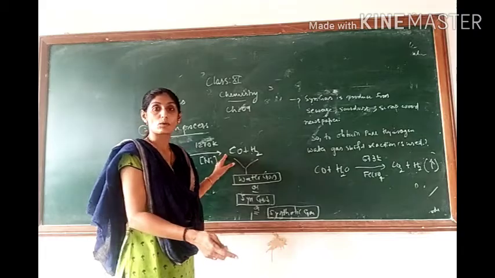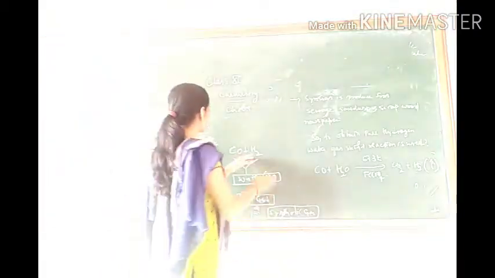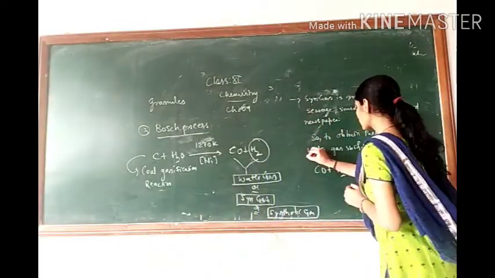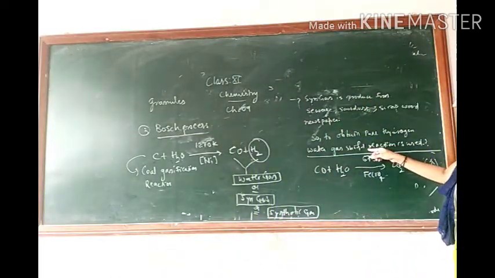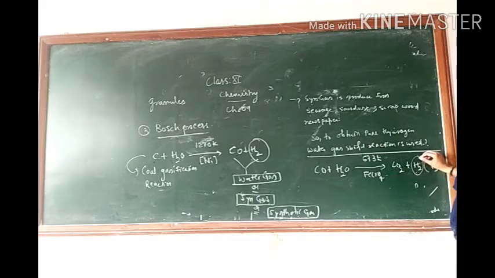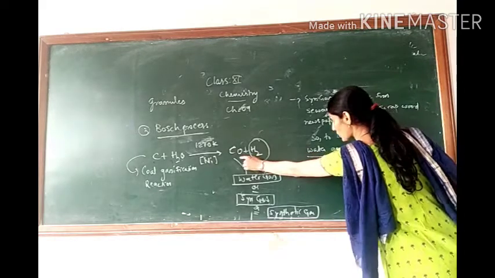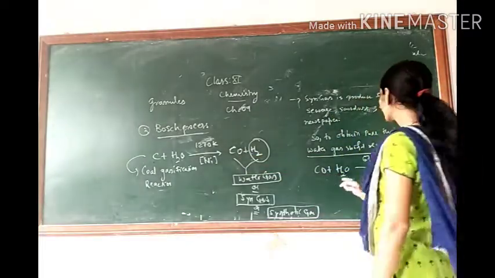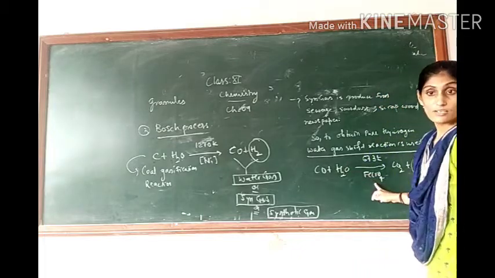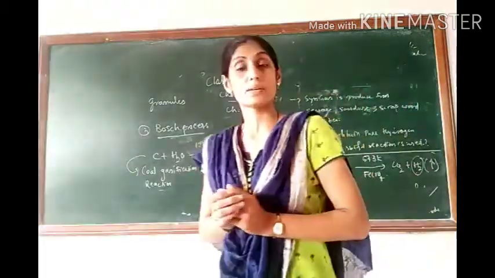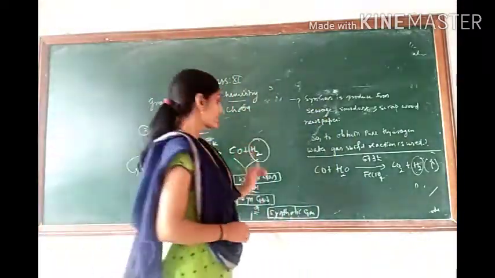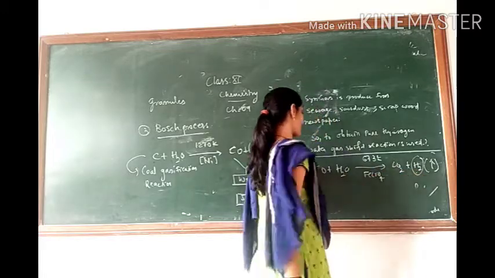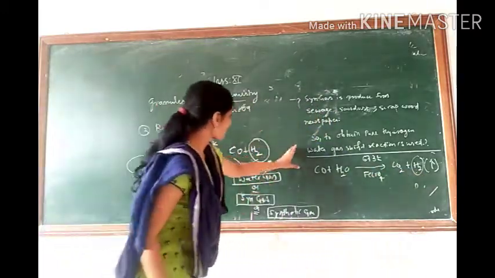To remove the carbon monoxide and increase the production of hydrogen, the next process we use is the water gas shift reaction. Here we get a higher amount of hydrogen, and instead of carbon monoxide we get carbon dioxide. So what happens? Water gas is passed through iron chromate at a temperature of 673 Kelvin. So instead of carbon monoxide, we get carbon dioxide along with hydrogen gas. So this is the water gas shift reaction.